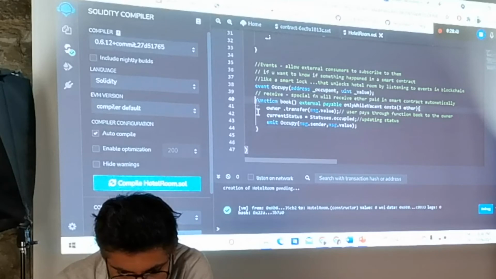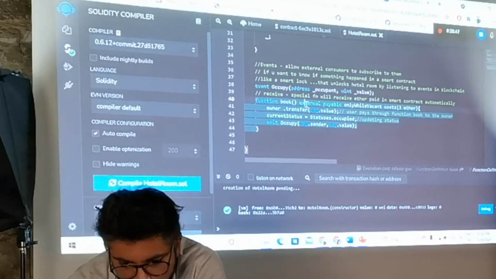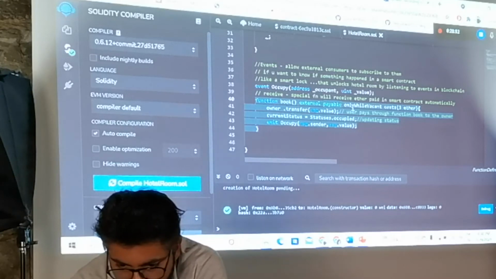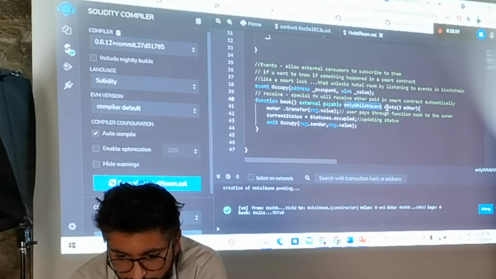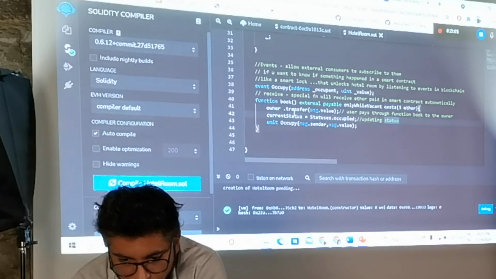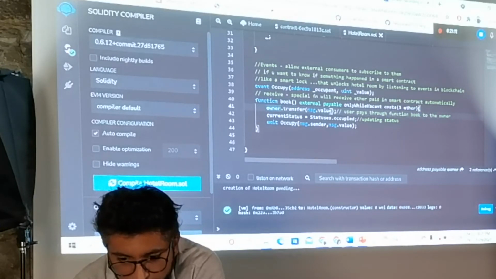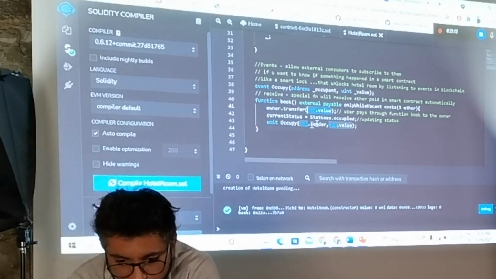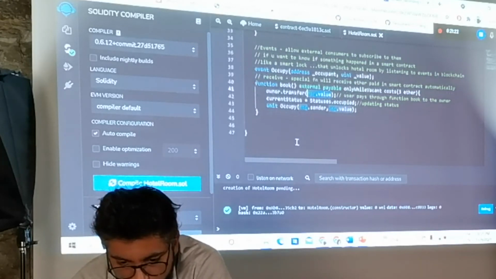So this is the function we have defined for booking the room. The name of the function is book. This is external, so it can be accessed from anywhere, and this also has to be payable because we will send money to the owner. And these are the modifiers that we declared. It will book only when the room is vacant, and only if the cost being paid is more than 3 ether. So we are transferring the message value to the owner, whatever value is defined will be passed, and we will change the status of the room to occupied, and we will emit the event to notify the owner that this particular room has been booked.